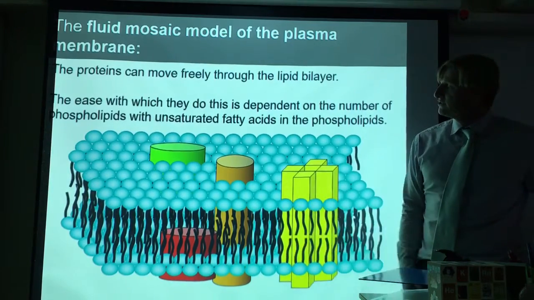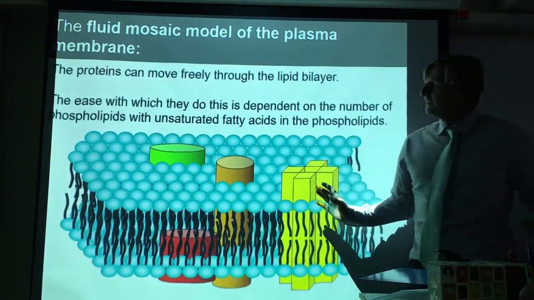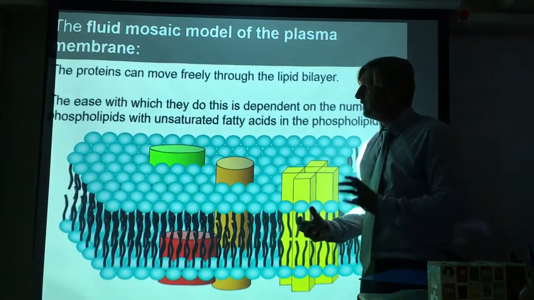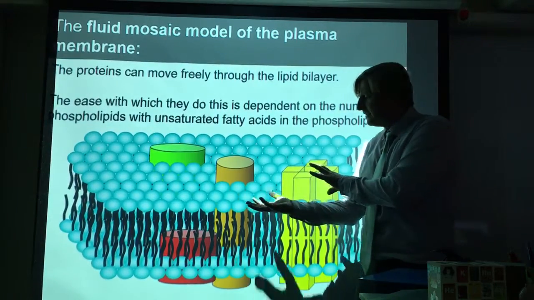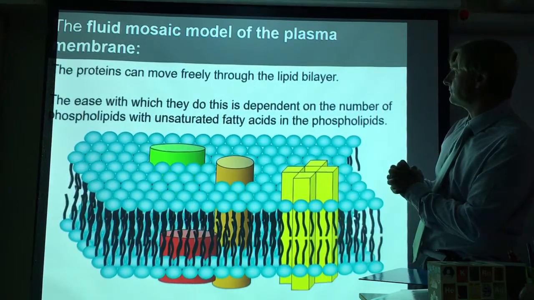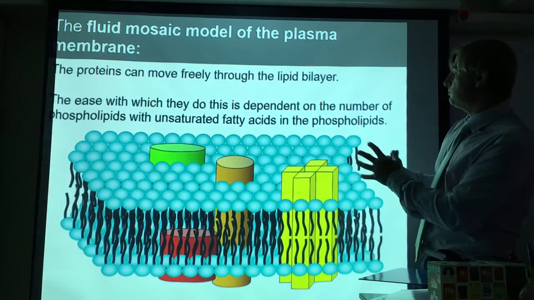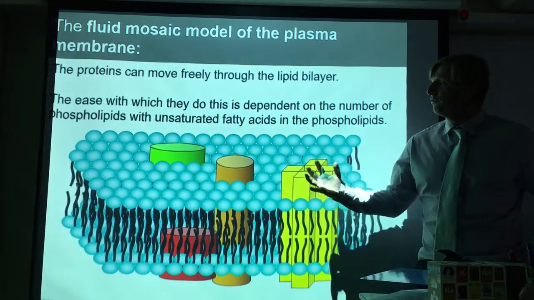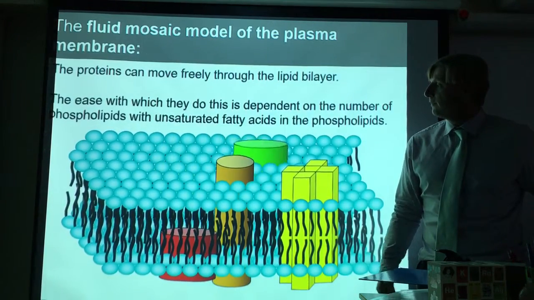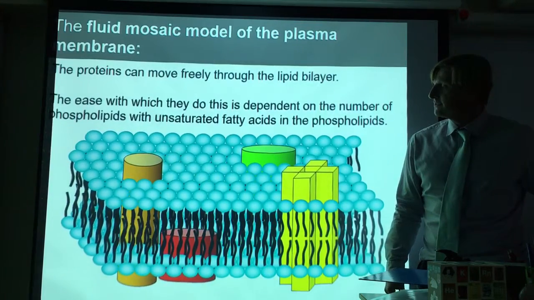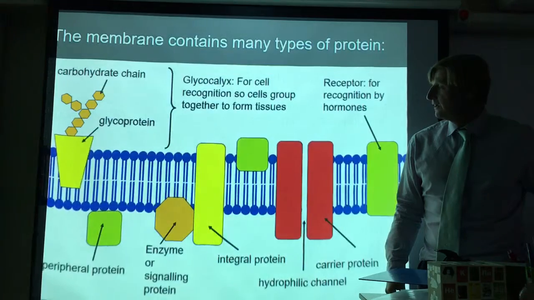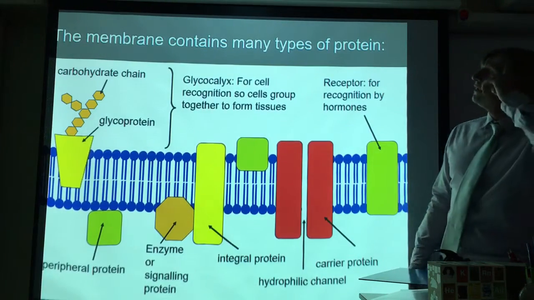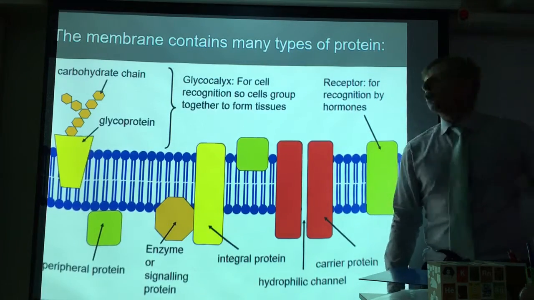So this is the fluid mosaic model, which talked about the proteins moving around. And imagine that olive oil analogy I talked about, where it's a very fluid type of arrangement. Okay. And this came to be accepted as the recognised way that the membrane looked. Okay. So here we can see the proteins moving around in a fluid way. So how does that look in a diagrammatic sense? Now, in a diagrammatic sense, we've got